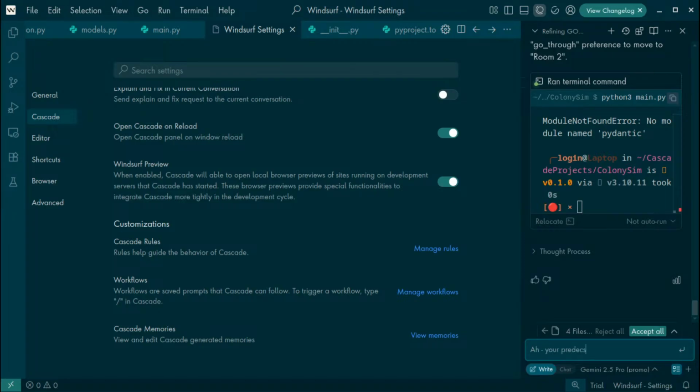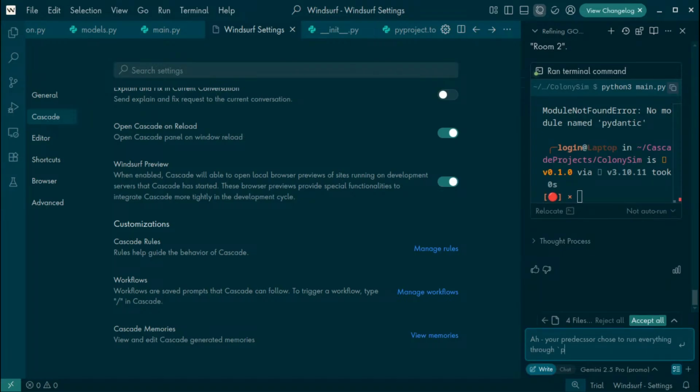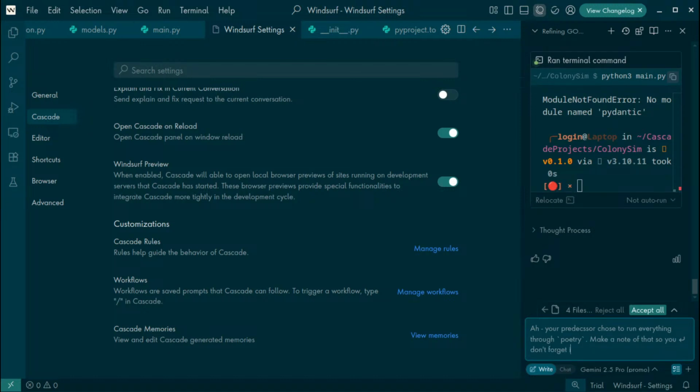Your predecessor chose to run everything through poetry. Make a note of that so you don't forget it again.